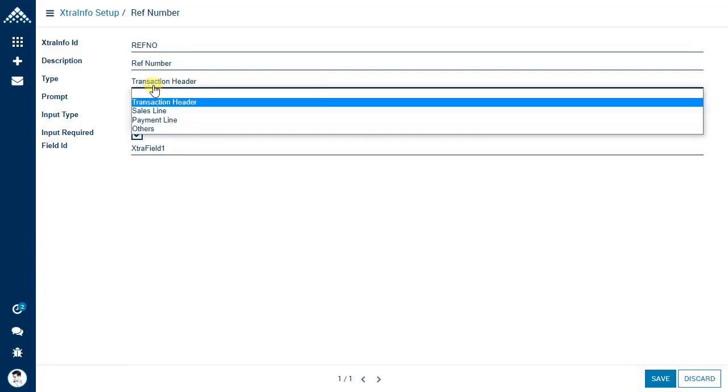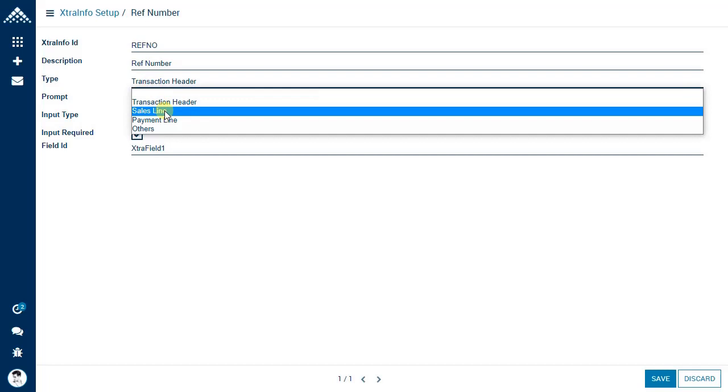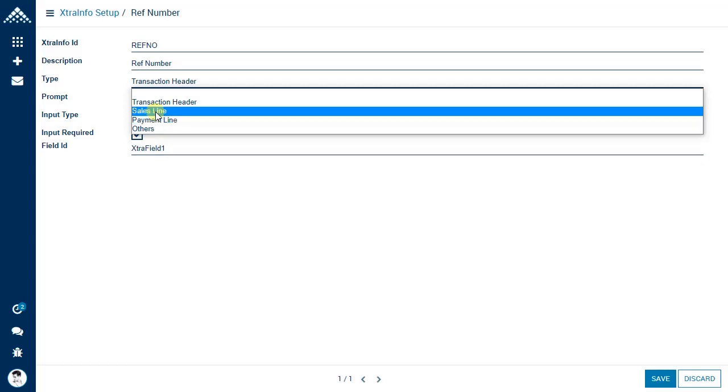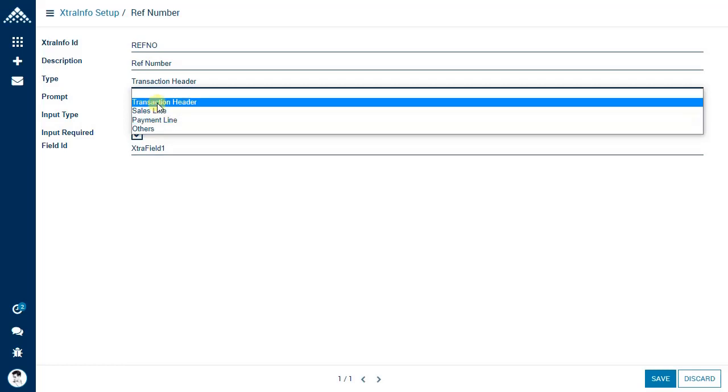There may be a case wherein you want to capture information on the sales line of a transaction, or maybe on the payment line too. So these are the options you can select respectively. And for now, I'll be choosing transaction header.